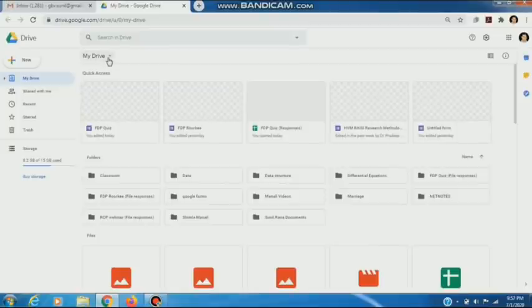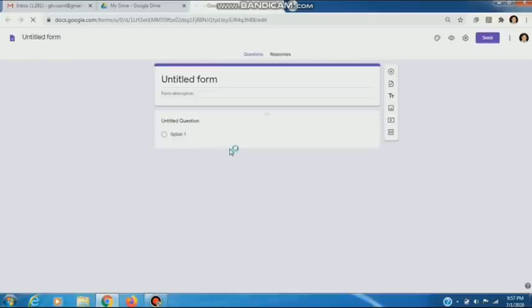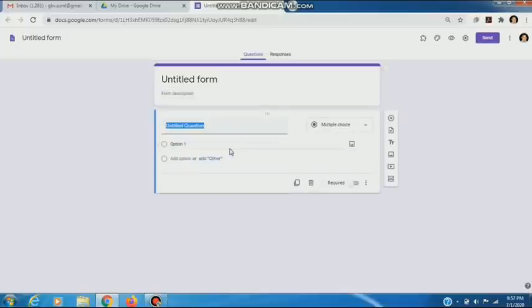Then click on My Drive. Then choose More options, and then from here, Google Forms. We can also directly search for it via Google. It will automatically be saved in our Google Drive.